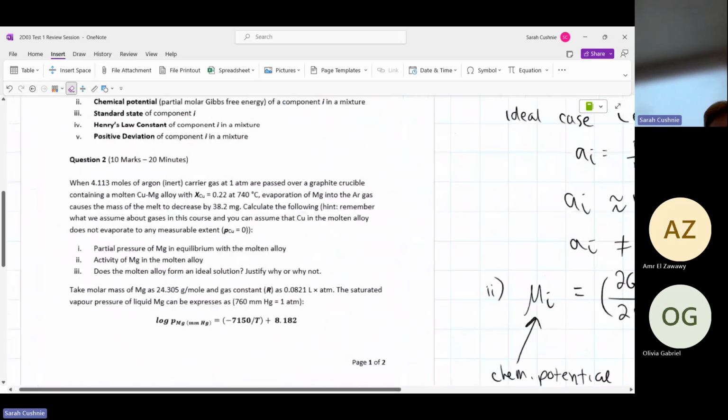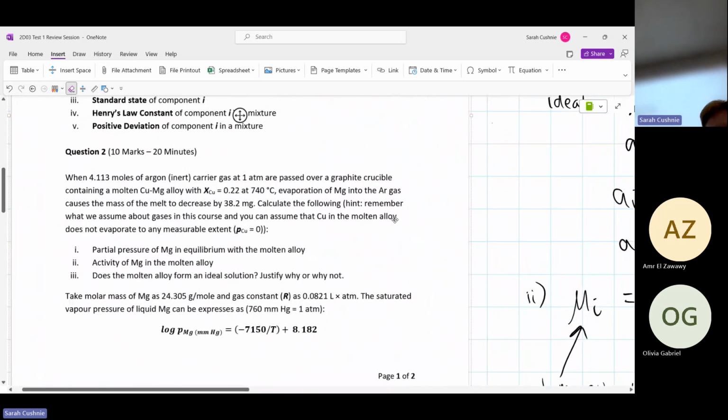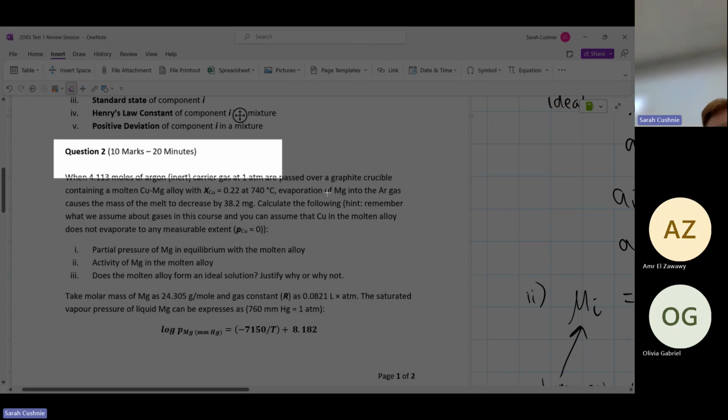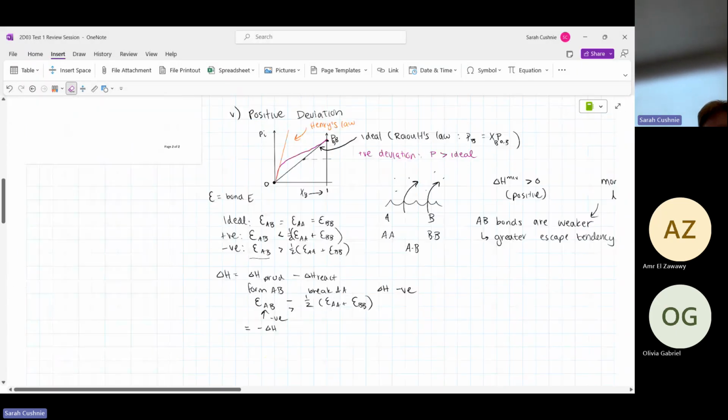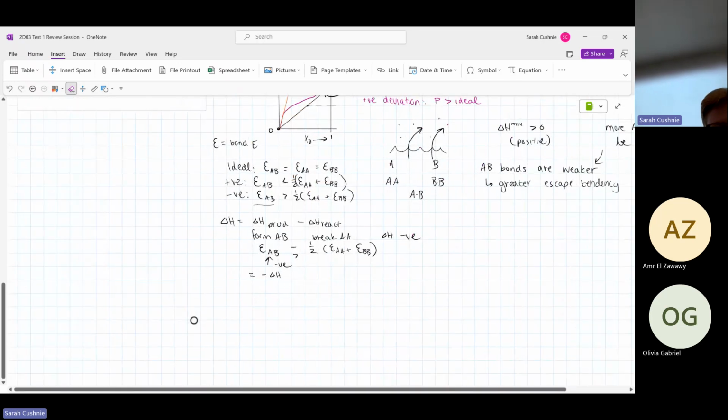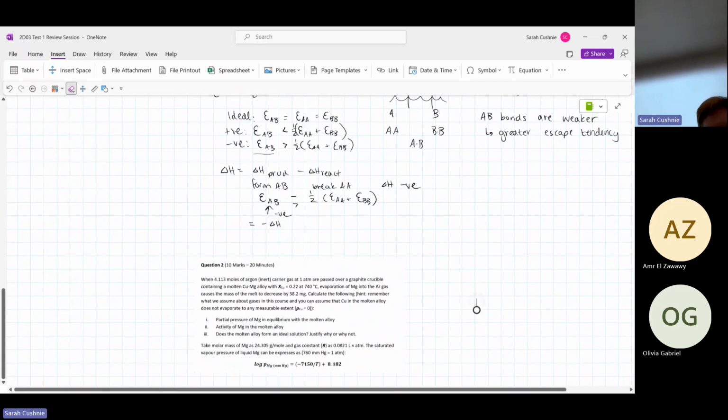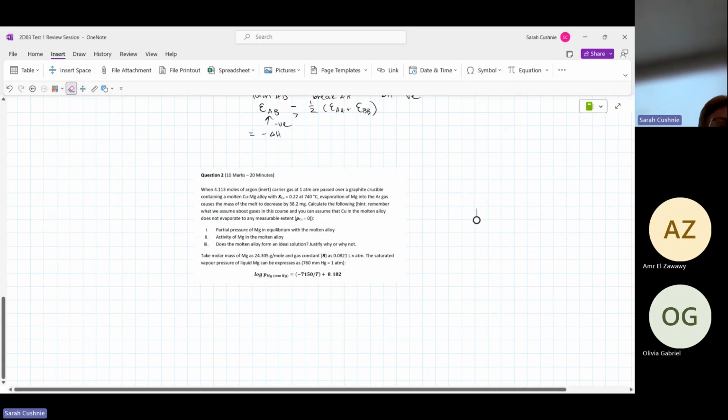Now we're going to go into question 2. Question 2 caused a lot of people a lot of stress in our test. This was the motivation for me making bucket hats that said keep calm and PV equals NRT. I'm not joking, this was the question, because we didn't really do the ideal gas law in this class, and then all of a sudden there was a test question about ideal gases, and you're like, what the hell is going on? I have no idea what they're going to actually do. PV equals NRT, there you go, potentially.